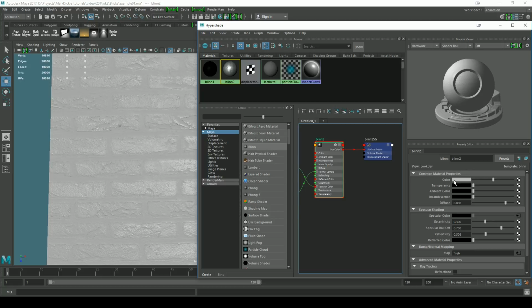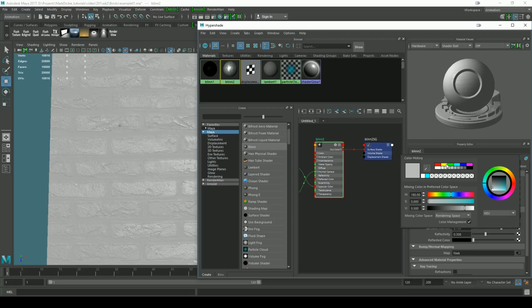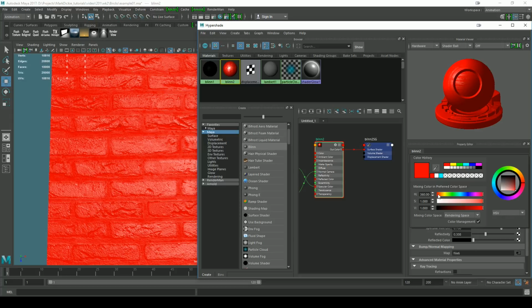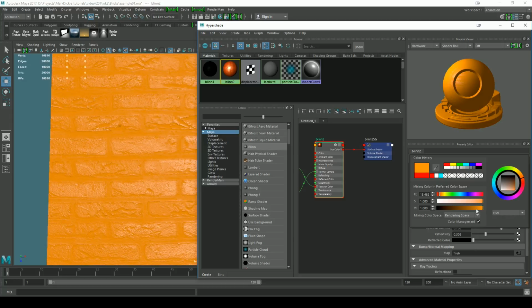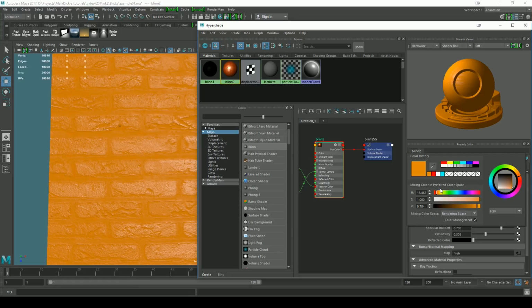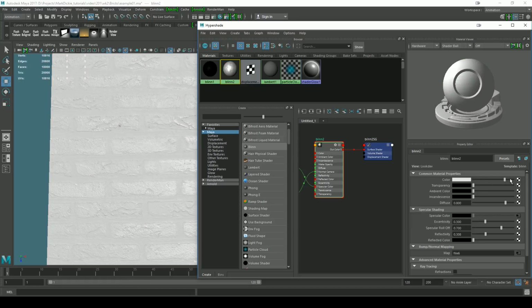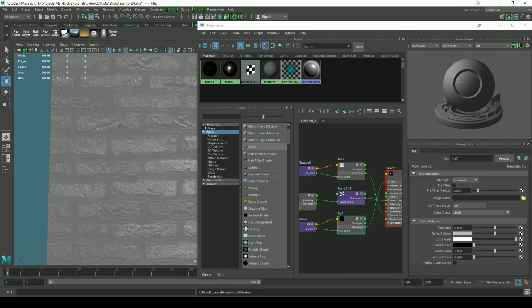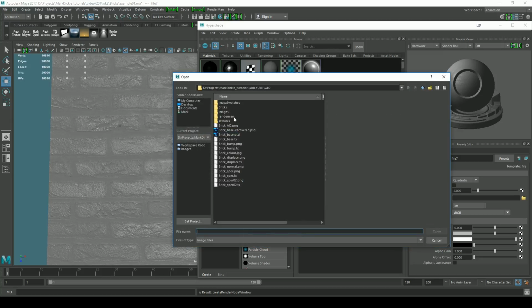colour. I could actually just add colour like this if I didn't have a texture that I was happy with. I could sort of try to pick something and play around with the settings, but it's much better to add an actual texture. So in the colour, once again we'll click on the input node and add a file, and it goes straight to the file that I've just selected. Click on the folder to load my colour,